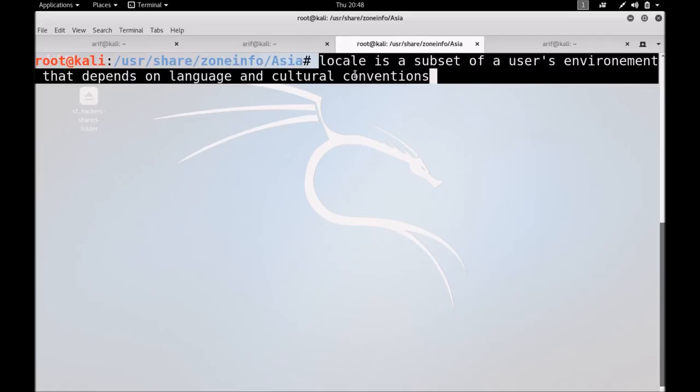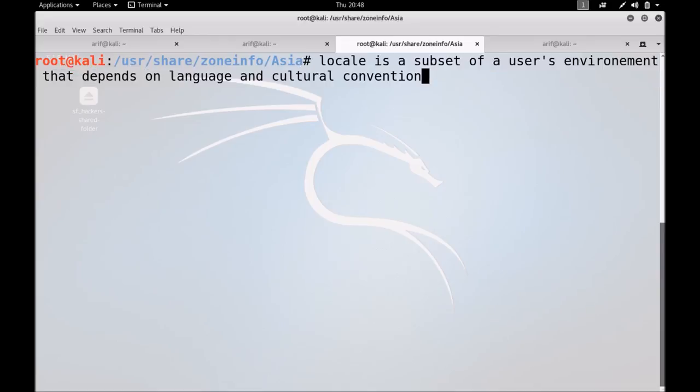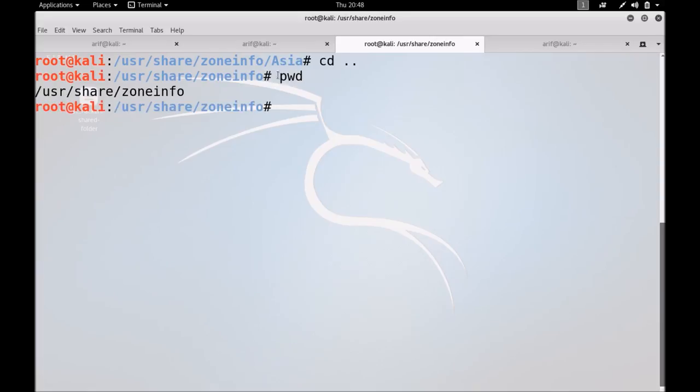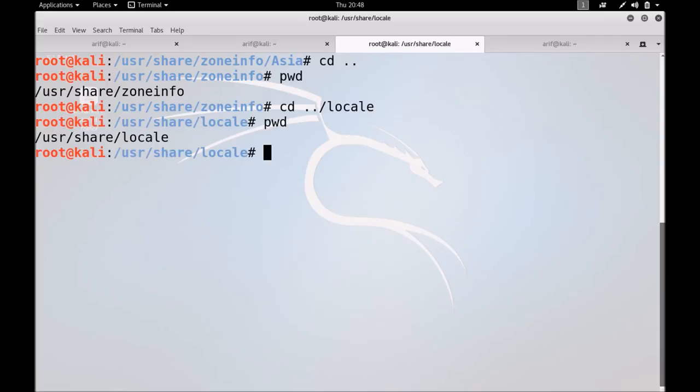Like time zones, this locale information is also kept by the system in standard files, in standard formats. Let me show you. As I have just said, the zone info is there in /usr/share/zoneinfo. The locale information is there in /usr/share/locale.